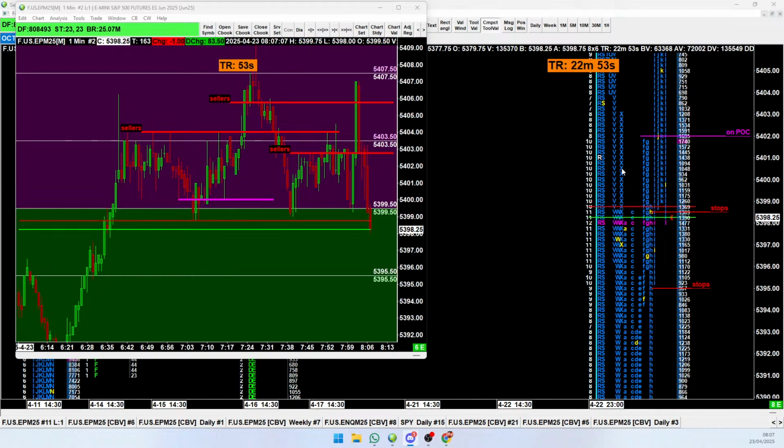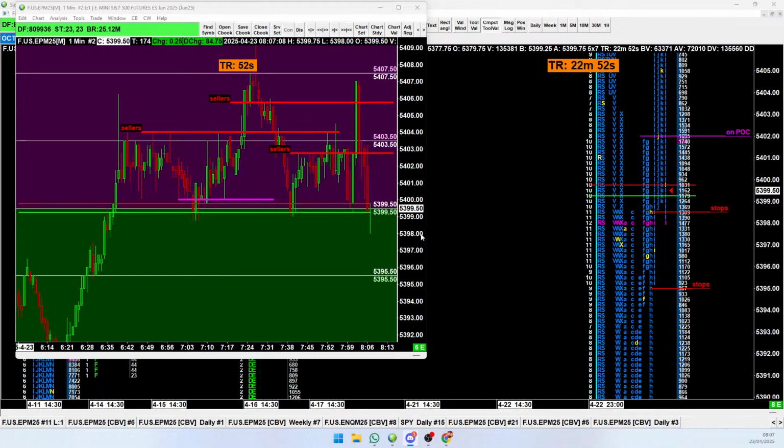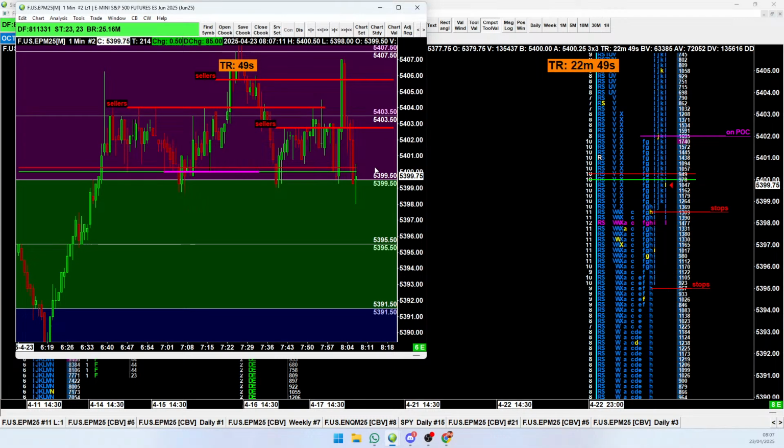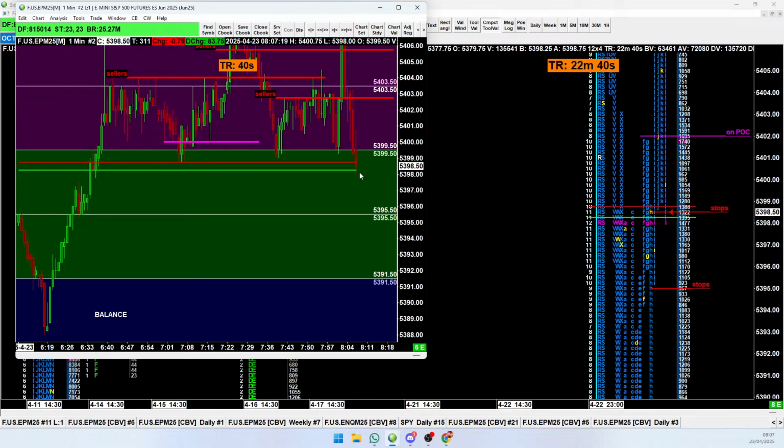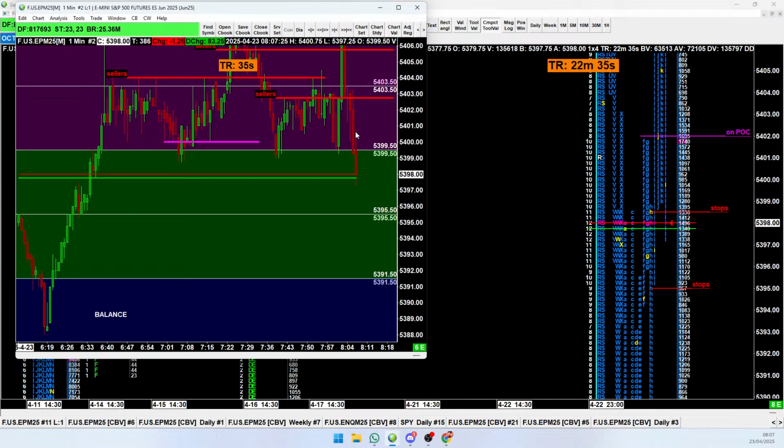Now let's see if we accept under 53.99, we might have a short. And look at that. As soon as we came down, okay, now we've got an aggressive seller. All right, we've got an aggressive seller, right? So if you are shorting this, I would probably use the top of that candle as a stop, and you're looking for buyers or bids that are competitive down here at 96 and 3/4. Okay?